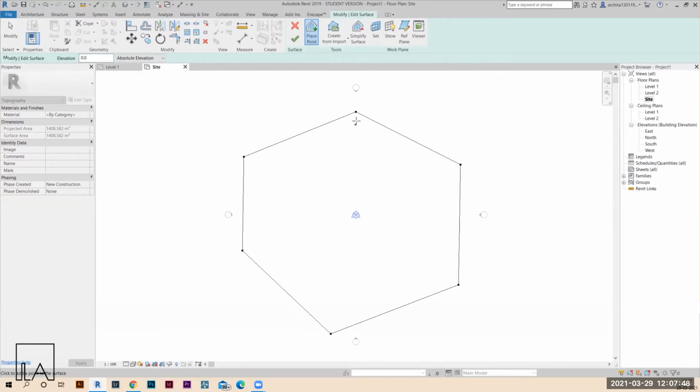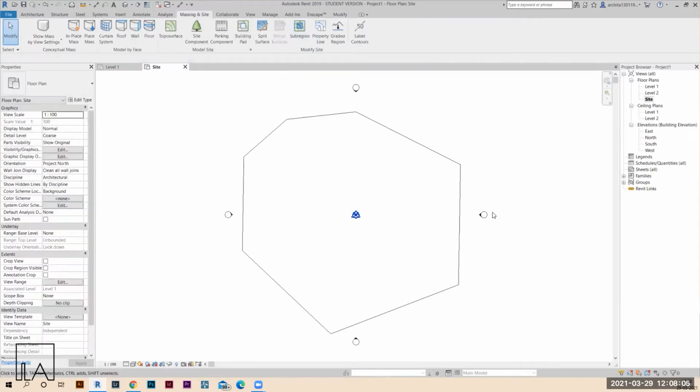Also notice one thing, that Revit is always going to take the shortest distance between 2 points which you have placed in the site plan. Once you are done with this, double escape, click on the green tick. Your site is created. Now if you want to see the color of the material,